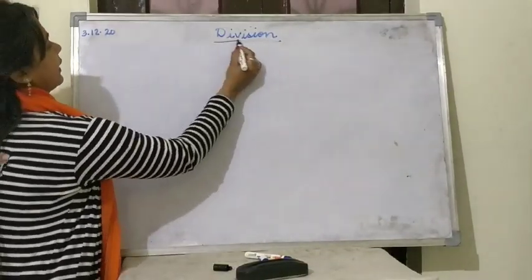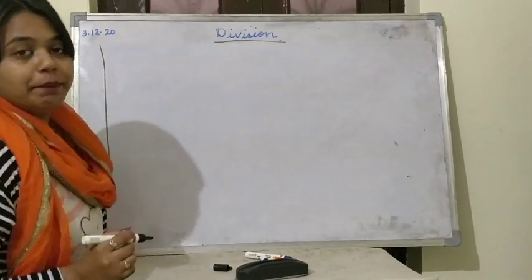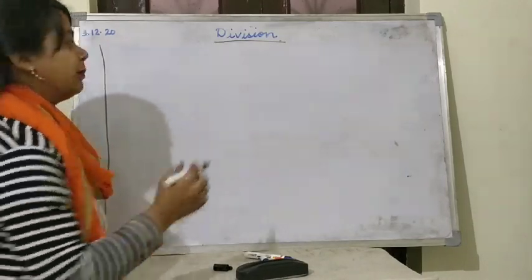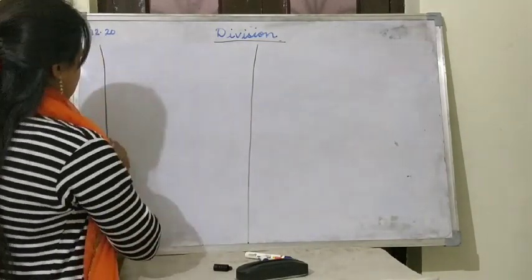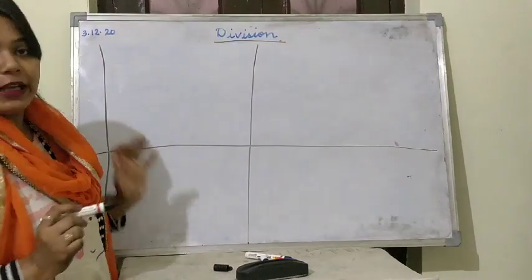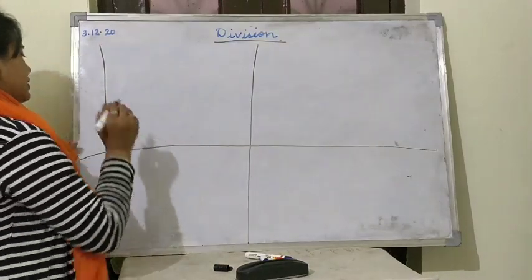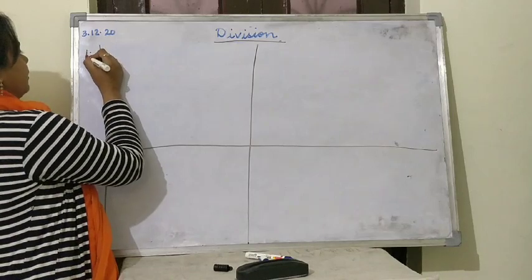Now, you will write the heading division at the top. The first question, you will divide your page into 4 equal parts like this. First of all, before doing division, you will divide your page into 4 equal parts. Okay? And then you will start doing division. First question,